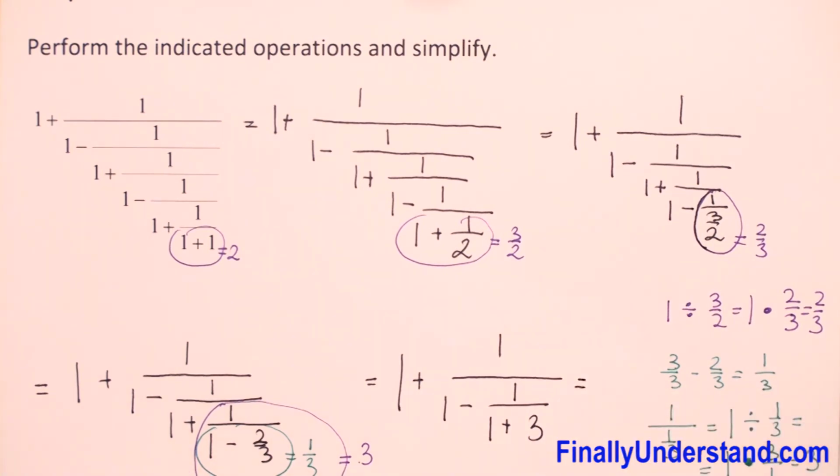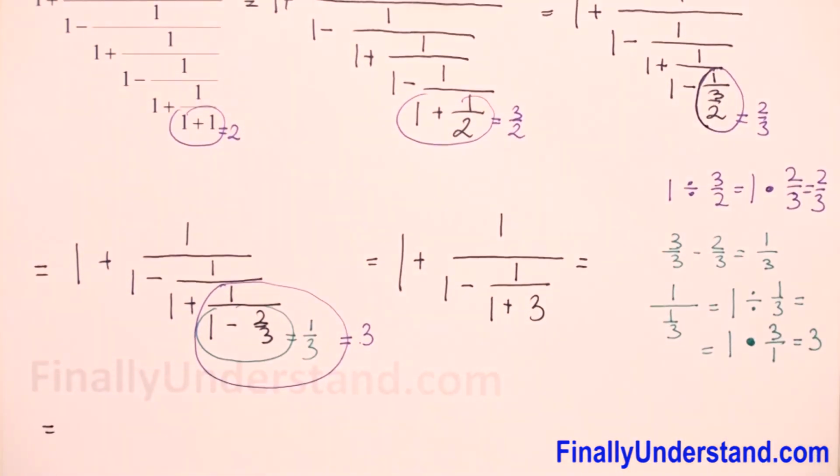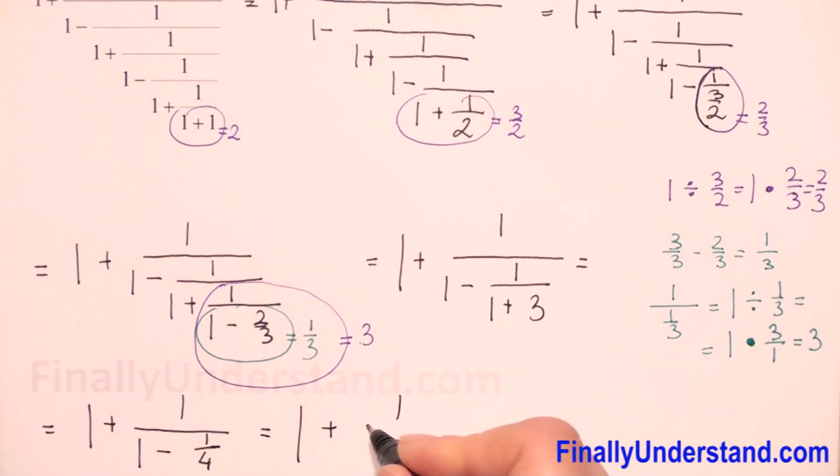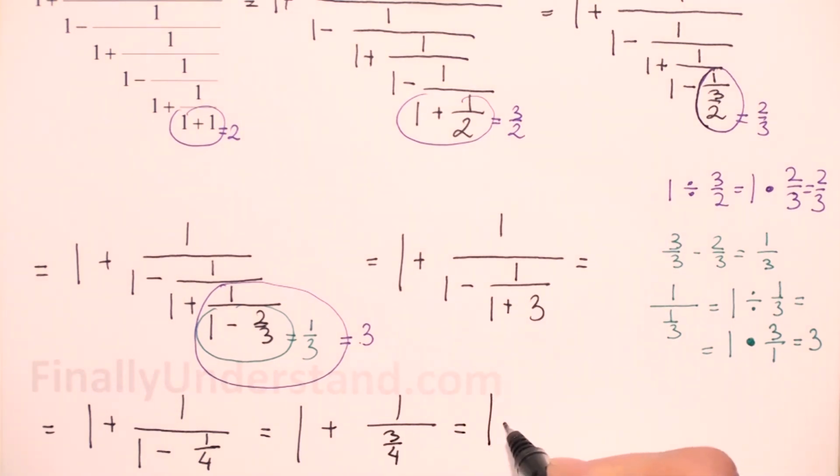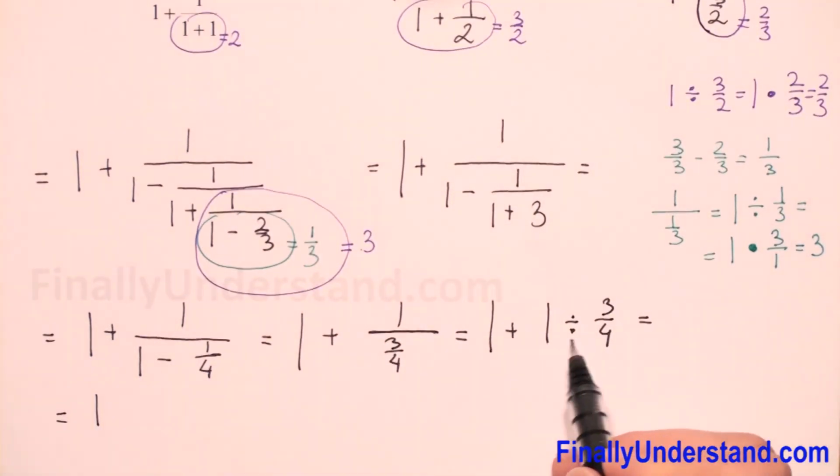So this is equal to 1 plus 1 over, and we have 1 minus 1 over 1 plus 3, which is 4. So we have 1 minus 1/4. So this is equal to 1 plus 1 over 3 over 4, of course. So this is 1 plus 1, this is a fraction bar, it means we have division, by 3 over 4. So we copy 1, because first we have to do division,